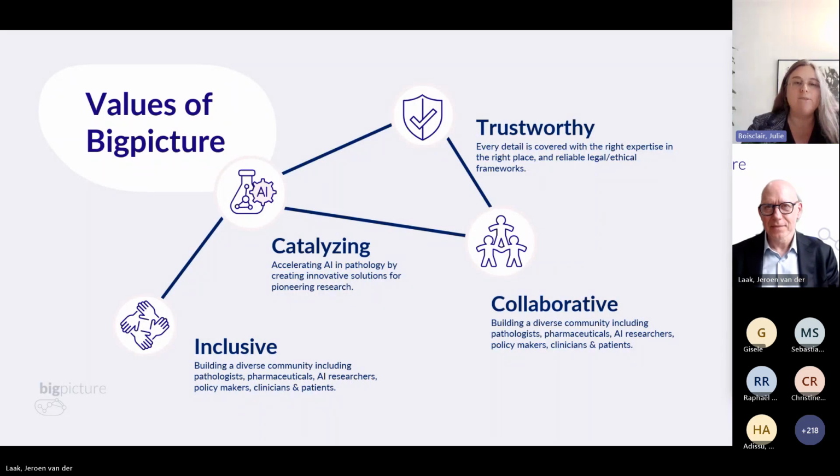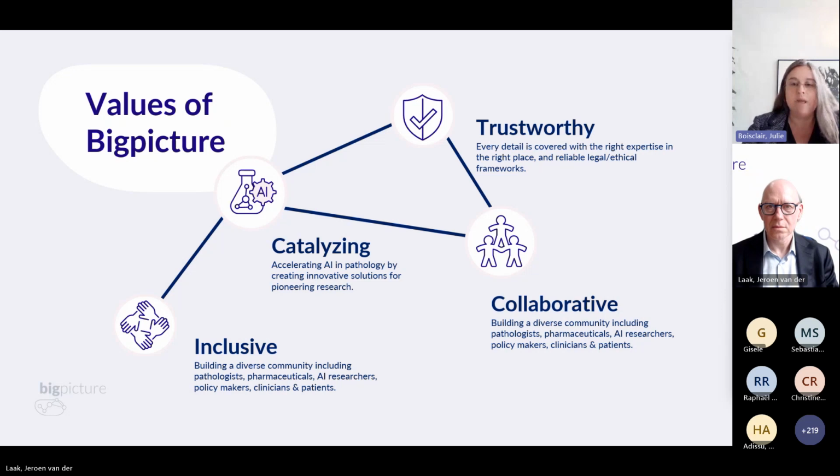And then our values were that we wanted to really be inclusive, because you saw the FAIR data. You saw also that most of the large repositories are not accessible to the public. So we made sure that we were inclusive, but also the Bigpicture repository is not only a repository where we put slides, it's also a community that is kind of the center of all this. So to make sure that we can continue to build value, it's not only slides that will be there and that will be static, but it's also a community with which you can interact